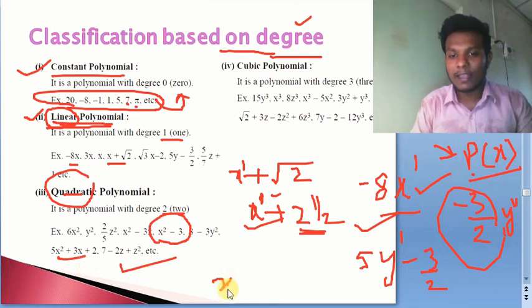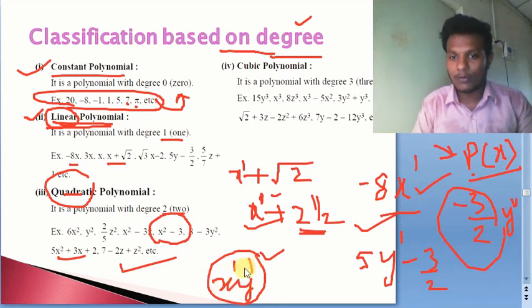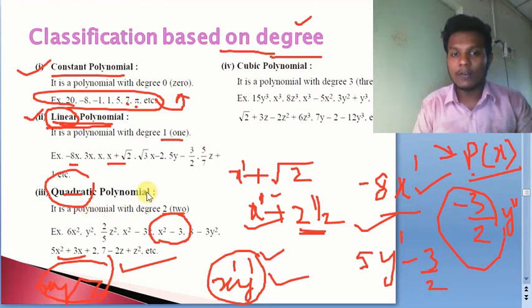Suppose I say x into y, is it a quadratic polynomial or not? Yes. Why? Because 1, 2. So remember, this is going to be the confusion case. Why? Because two variables are in product. In that case, we will add the powers of the variables. Here also this is going to be second degree. Suppose I say xyz, here it is going to be a third degree polynomial. That is what we have seen. In a single term, if there are multiple variables involved as a product, we have to add the powers to arrive at the degree, whatever it is. So that is what we have seen with respect to quadratic polynomial.